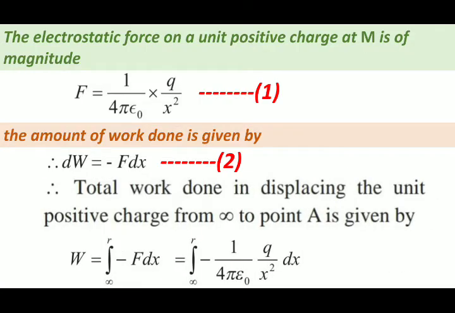Now why minus 2? See the previous equation, the last equation, q upon x square. X square is in the denominator, when you take it into the numerator, it will have the negative sign, that is the power is plus 2, so when it comes to the numerator, it will be minus 2. So what is the remaining part in the integration? That is x raised to minus 2 dx with the limit of infinity to r.